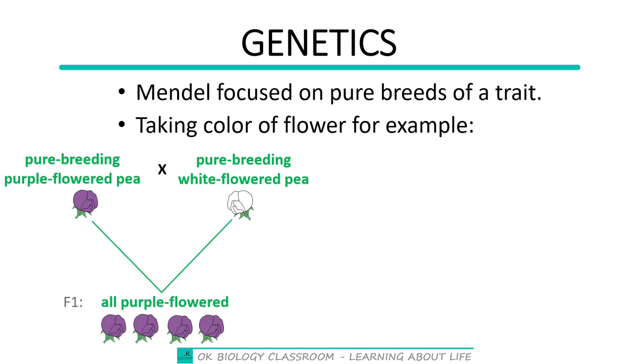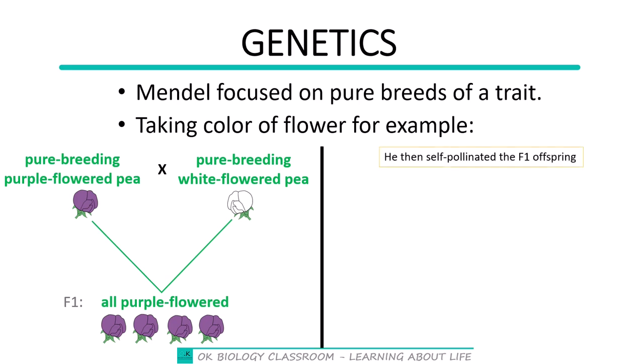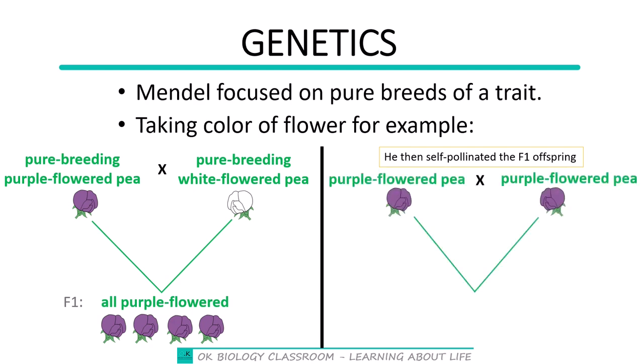Why would no white flowered pea ever appear in it? So Mendel wanted to be sure of what was going on. So the next stage was that Mendel then self-pollinated the F1 offspring. And when he self-pollinated them, Mendel made a different observation in this case. He realized that some of them had purple flowers while others had white flowers. But it was in a certain ratio, and the ratio was 3:1. So like this.